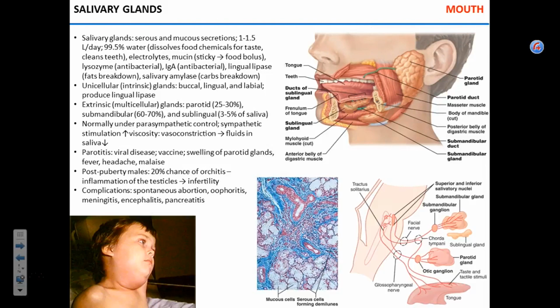Okay. You know what we're going to do? We're going to wrap it up because in no way can I talk about salivary glands in 5 minutes. Now we're going to synchronize this